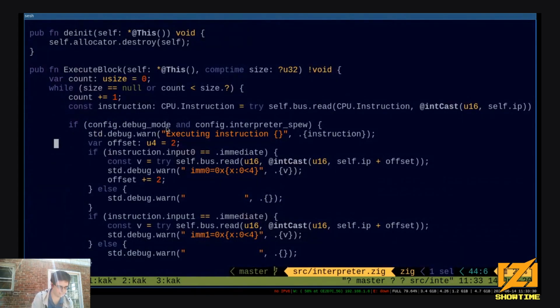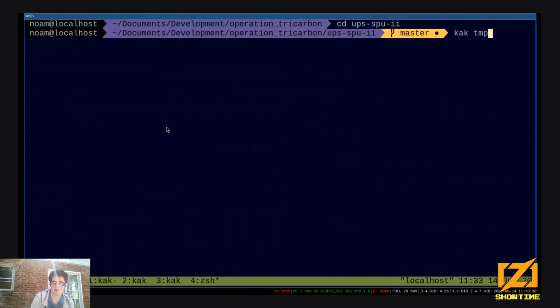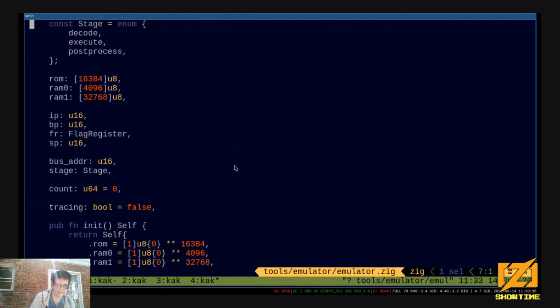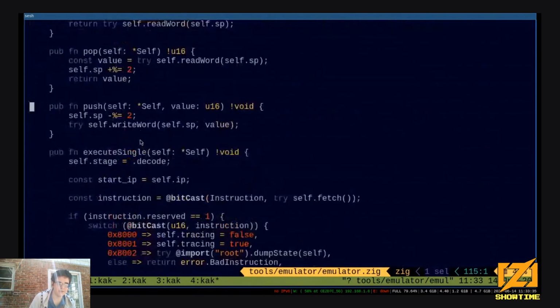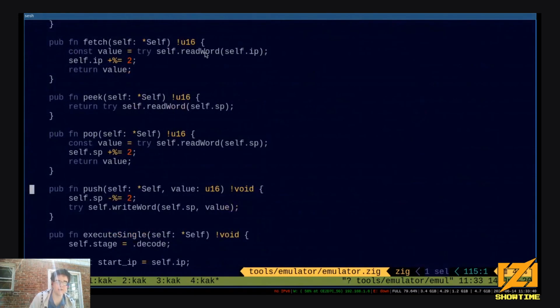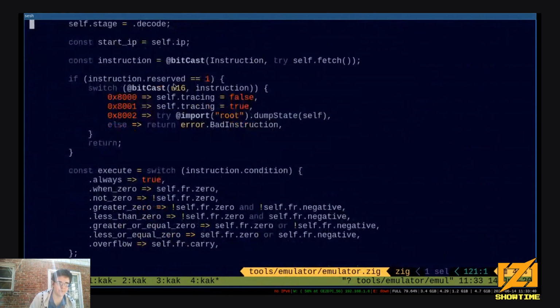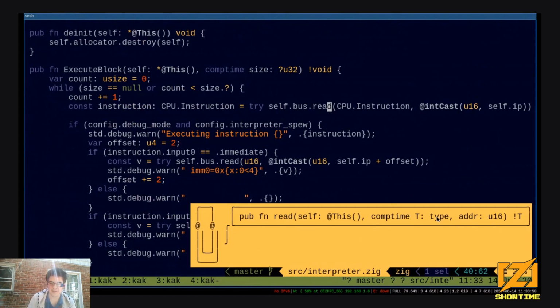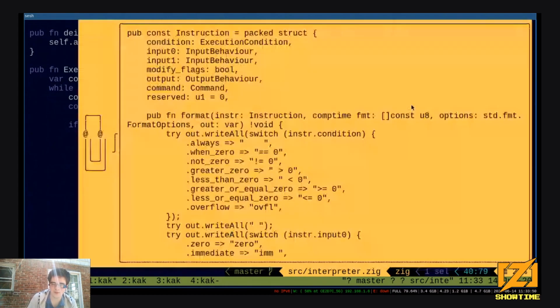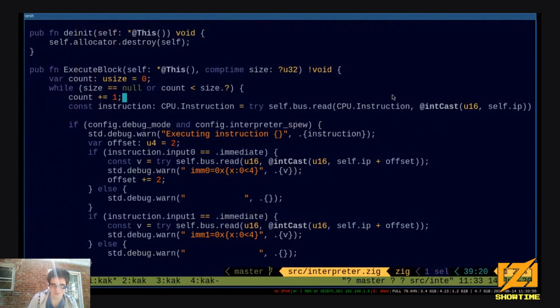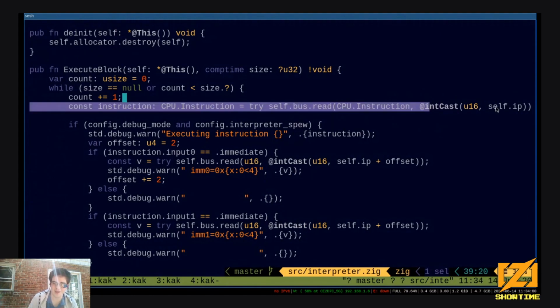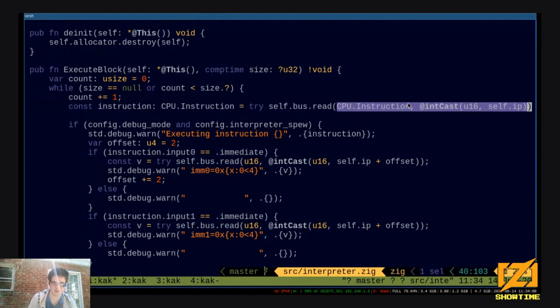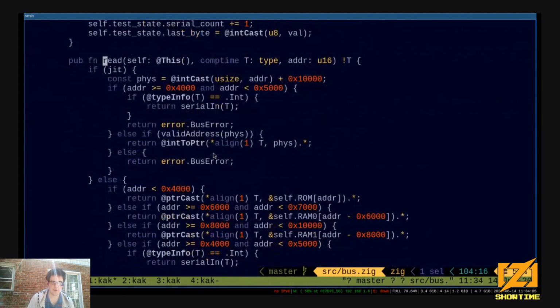Now, what his interpreter does, if I remember correctly at least, is read an instruction. It fetches it from here, reads it as a 16-bit value, and then it bitcasts it. I took that a step further. The read function I have is generic on the type. You give it the type to read. I didn't even plan it out this way. It was originally just so you could read between 16-bit or 8-bit. You give it the type to read and the address, and it will automatically read it as the correct type. Not worth a bitcast in it per se, but